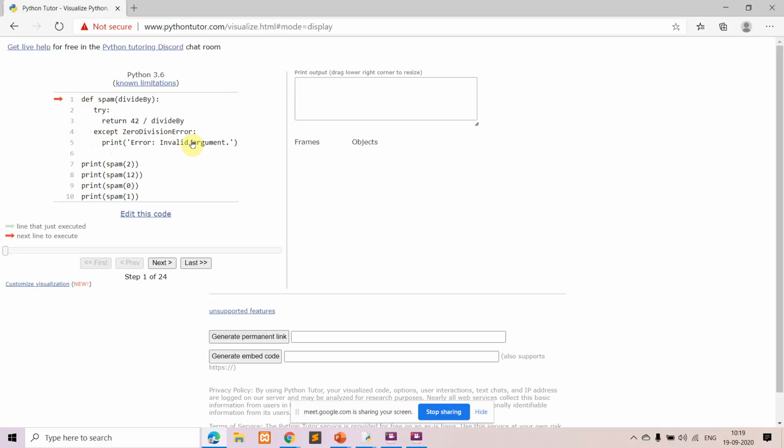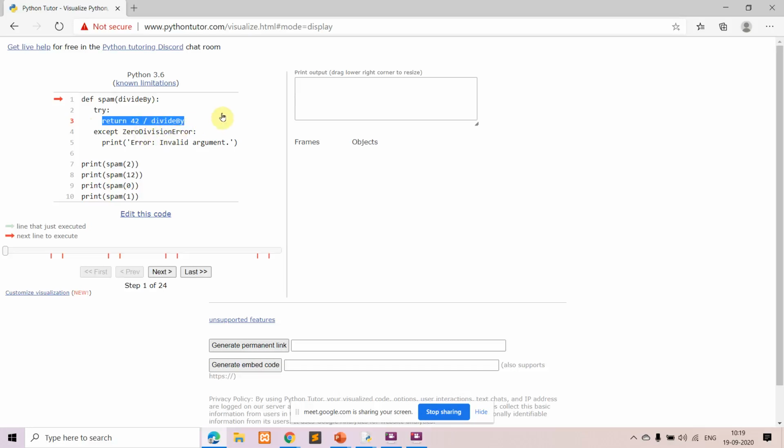So what did we say? Any statement which you find might raise an error, such a statement you write inside the try block. And when there is an error, what is the corresponding action to be done? That is written inside the except block. So here 42 divided by, it might happen that you come across some situation wherein you are trying to divide by 0. In such a case, in the except block, what kind of error is it? It is an error called ZeroDivisionError. So in that case, what should happen? You have written a statement that is print error, invalid argument.